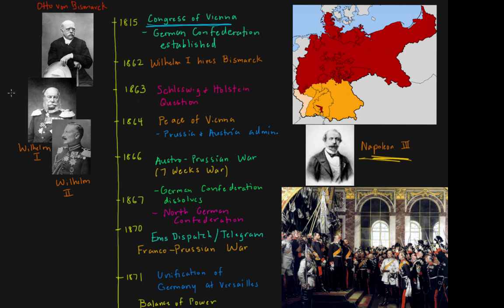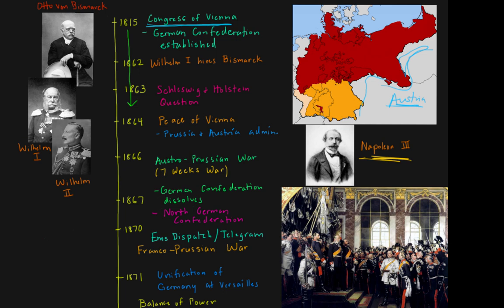One of the ideas that they came up with was to redraw the boundaries of these Central European nations so that no one country was more powerful than all the rest, as Napoleon's France had been. So they draw a country known as the German Confederation, made up of 39 German states along with Austria, which back then was also considered a German state. Austria is down here. It's its own empire. And so we'll fast forward just a bit to the early 1860s, and the German Confederation's still going pretty strong.